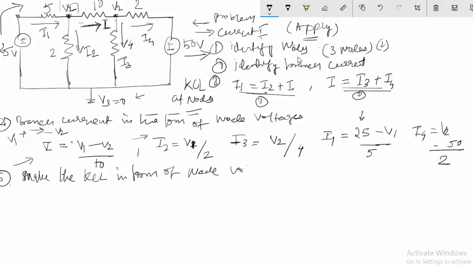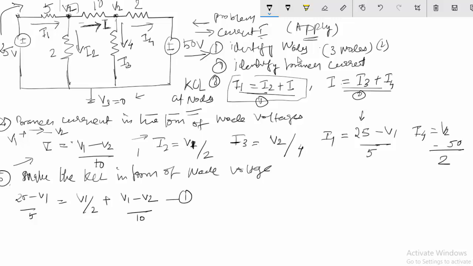So when I am doing that, I will have to substitute the value of the I currents here with the node voltage. So when I'm doing this for the first equation, which can be done very simply, I1 I will have to take from here, which is 25 minus V1 divided by 5, equal to I2 from here, that is V1 by 2, plus I, which is equal to V1 minus V2 by 10. This becomes my first equation,